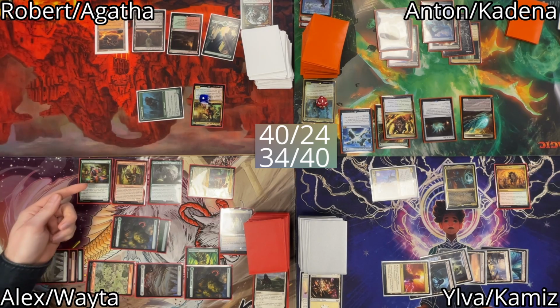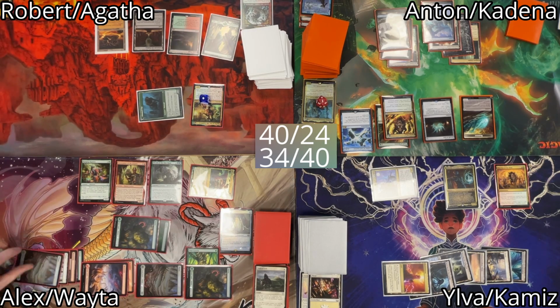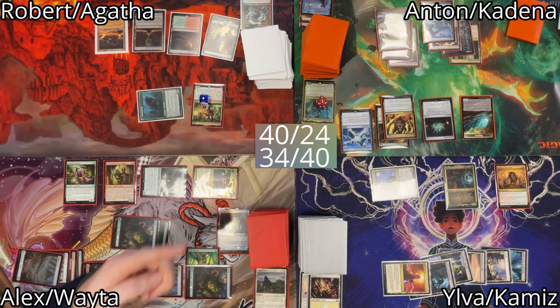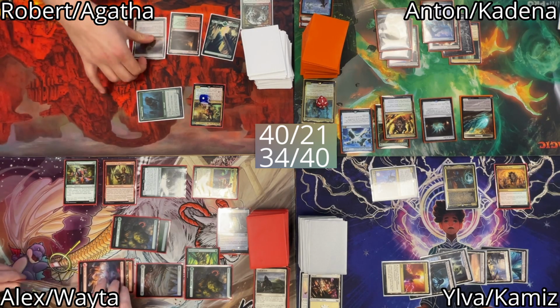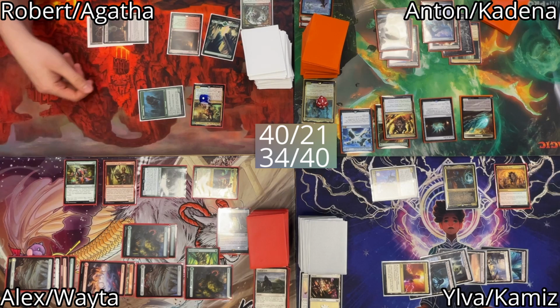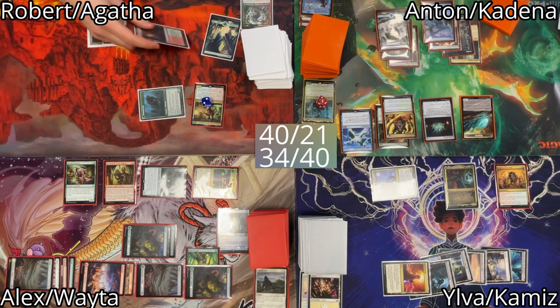Afterwards I have 1 green floating, and my Ranging Raptors fight my commander. That triggers them again, so I find 2 more basics. And afterwards I move to combat and I attack Anton for free with Knave. He takes it, and in my end step, Robert uses his activated ability of his Hound Tamer to give Agatha a +1/+1 counter. Due to the discount he's able to do it 2 more times,